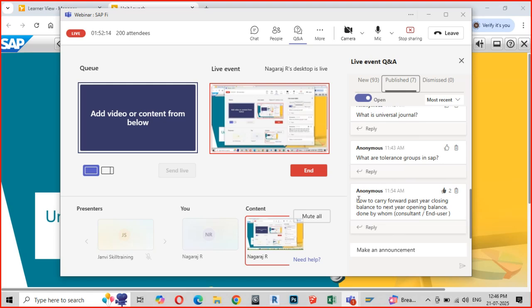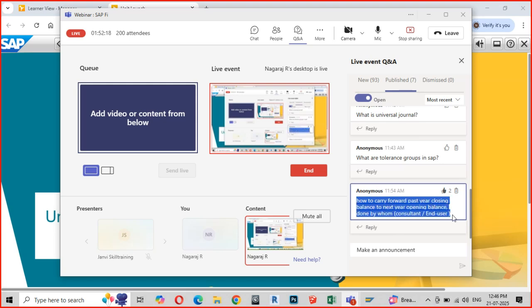See, normally the closure activities are done not exactly by the end user, but maybe by a super user or a power user. Obviously the consultant would have tested the system and would tell how it needs to be done.